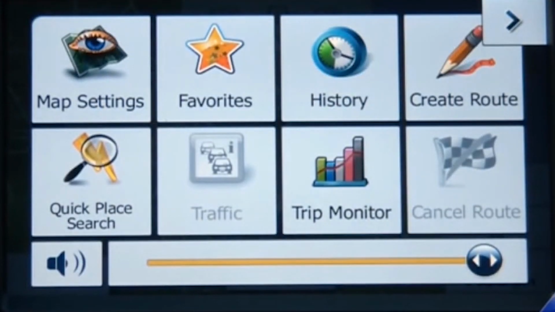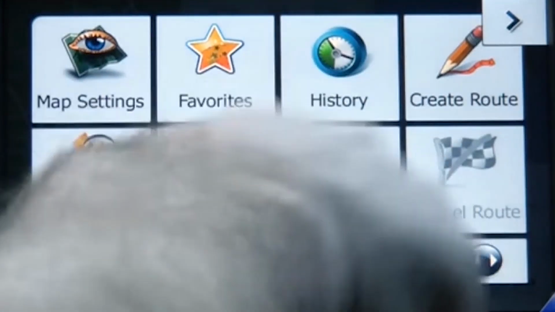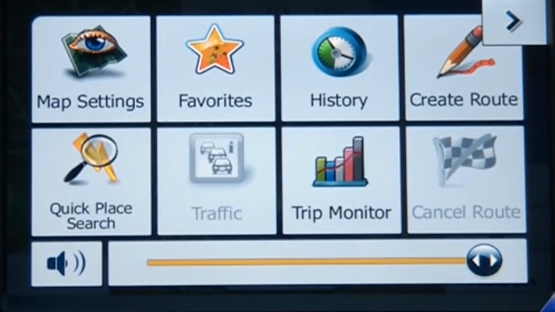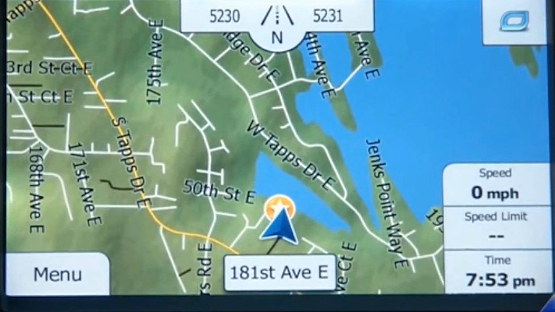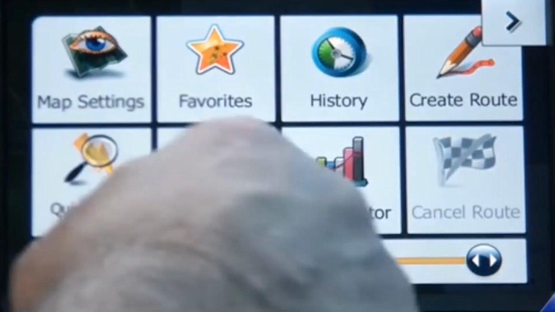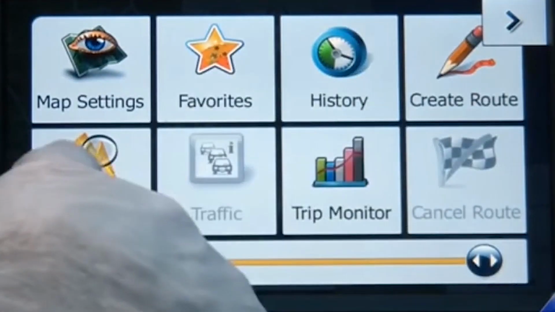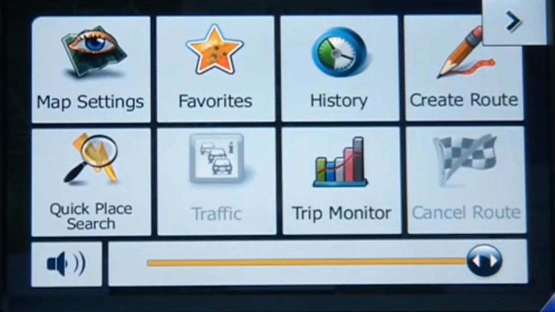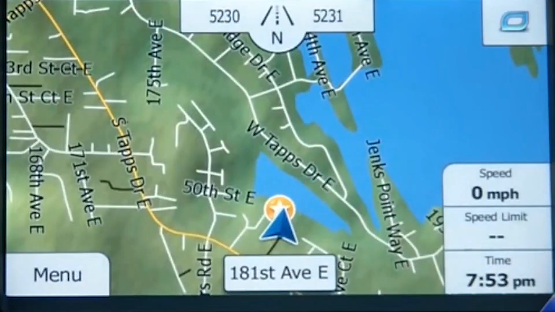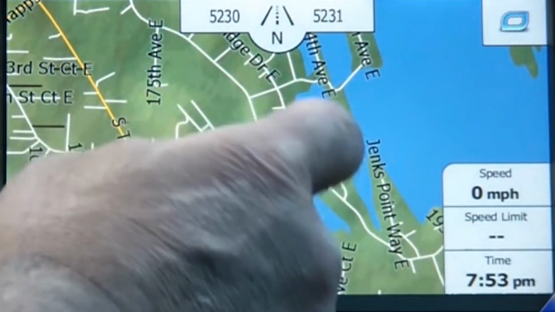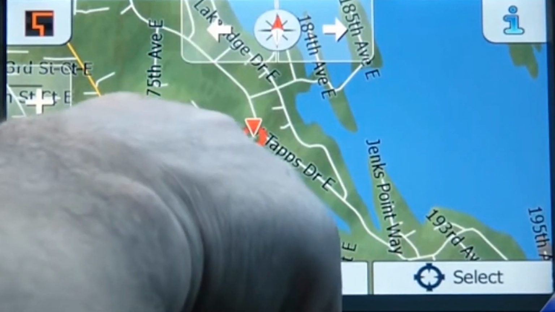In the upper right hand corner, you've got a quick menu that allows you to have instant access to any of your favorite icons that you choose to put in any one of those spaces. And each one of these are customizable, so you can move any icon or any quick access to any one of those squares and be able to have immediate access to it. Down here, of course, is our menu to go back out to our main menu, and if we just tap the screen, we can